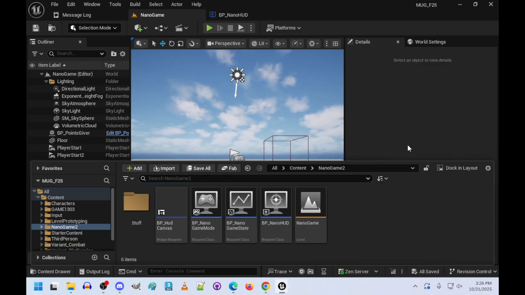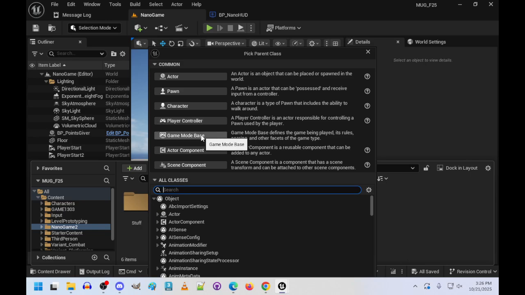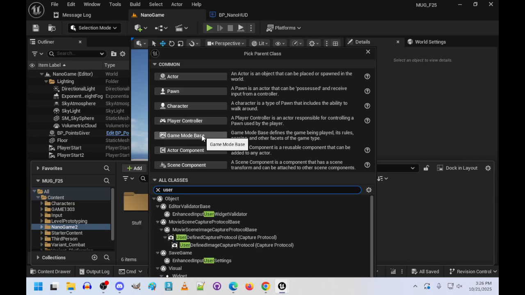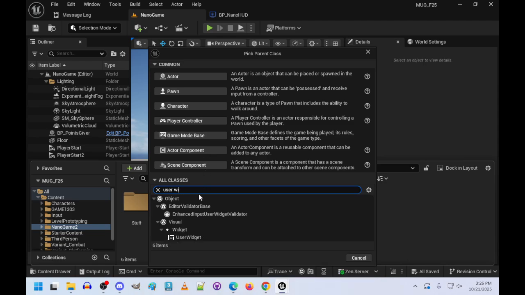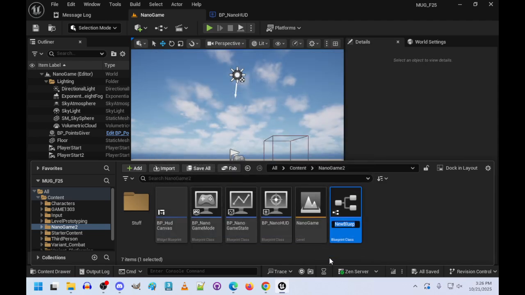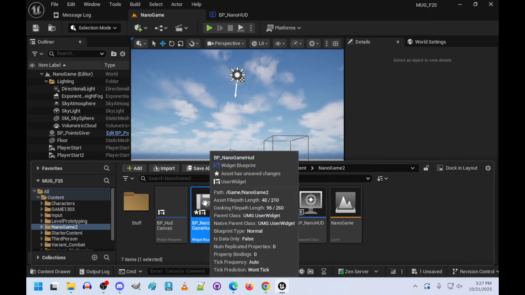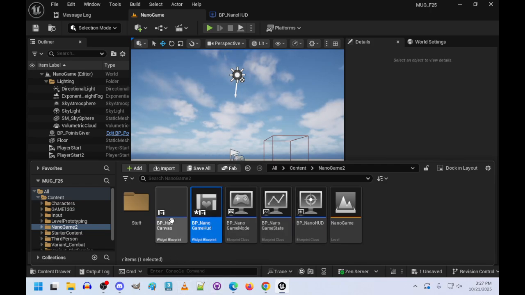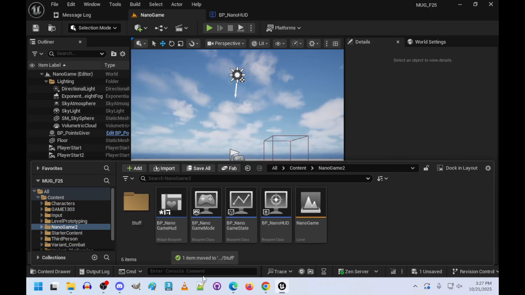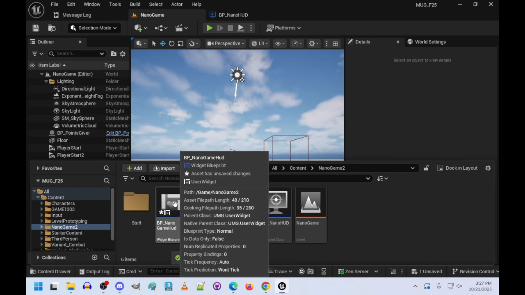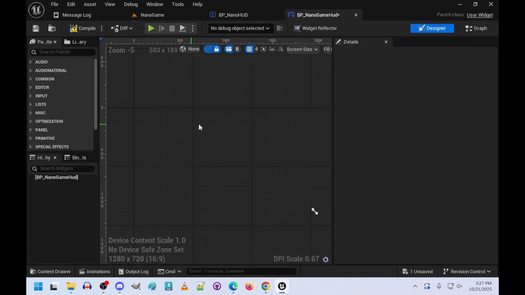Let's make a new blueprint class. And this is going to be game mode. Oh, no, sorry. It's going to be a user widget. And this is going to be BP Nano Game HUD. I could probably name this better, but I'll leave it at that right now. But essentially, again,